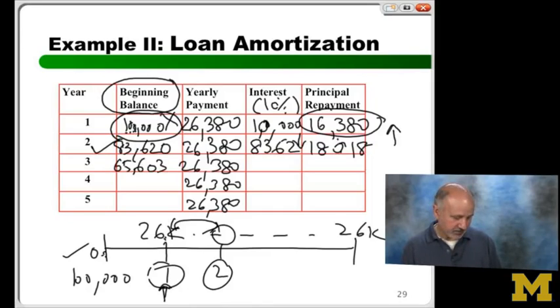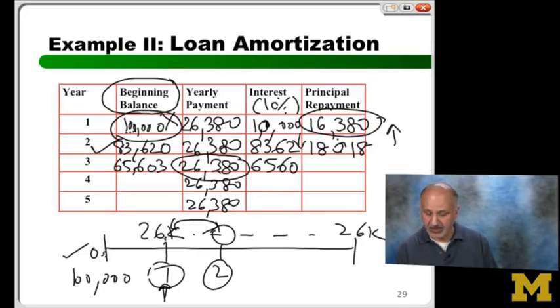65,603. How do I go from here to the interest column? 10% of this. So 6,560. And how do I get this column? I know that the number has to increase because this dropped and this amount is the same. So 26 is the same. So I subtract 6,500 from 26, I get 19,820. Okay? Same thing, let me just write it out,